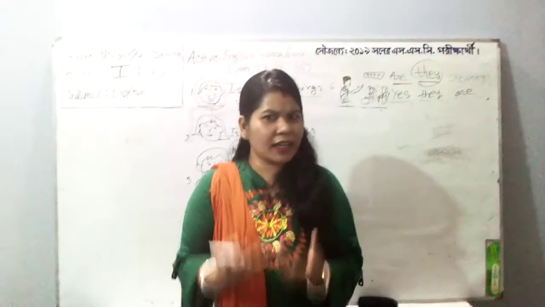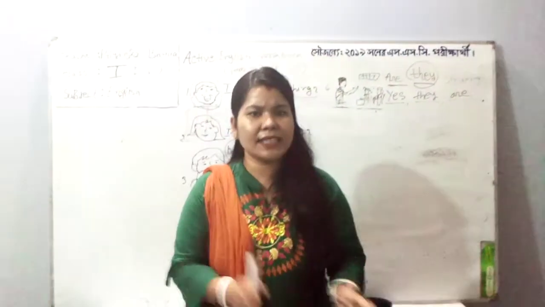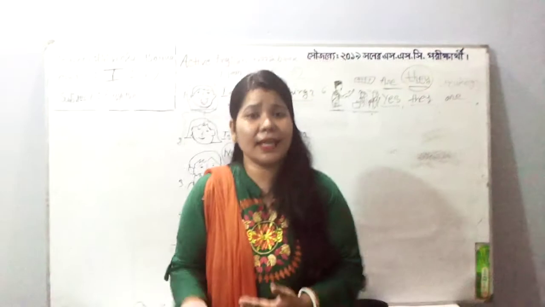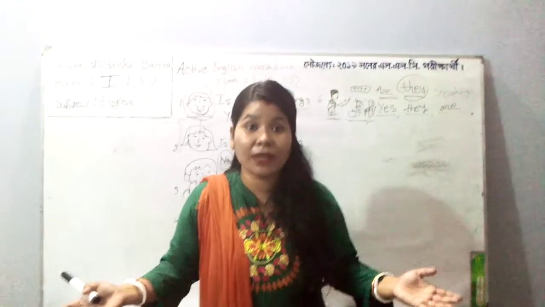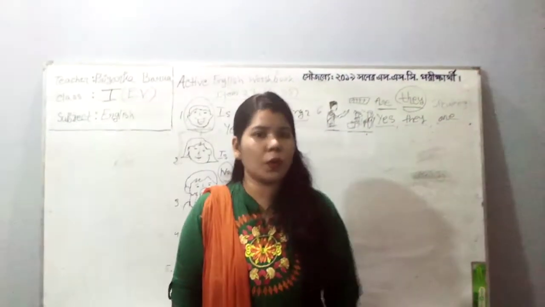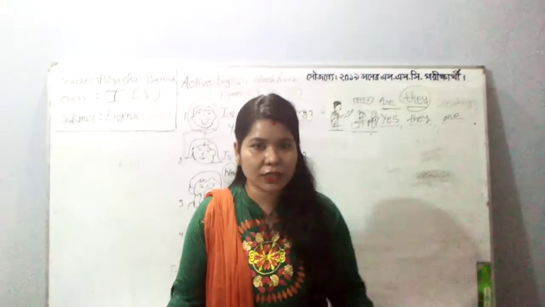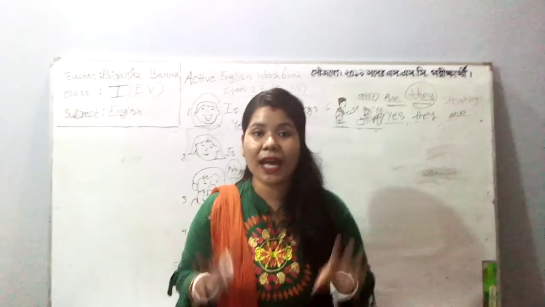Hope you enjoyed the class. You know, this is very much easier for you than just seeing the pictures. You have to put yes, it is, yes, she is, yes, he is, yes, they are. And seeing the pictures, if it is not matching with the picture the sentence is about, then you can write no, she is not, he is not, they are not, or it is not. Okay, if it is yes, then you will have 3 gaps. If it is no, you will have 4 gaps.